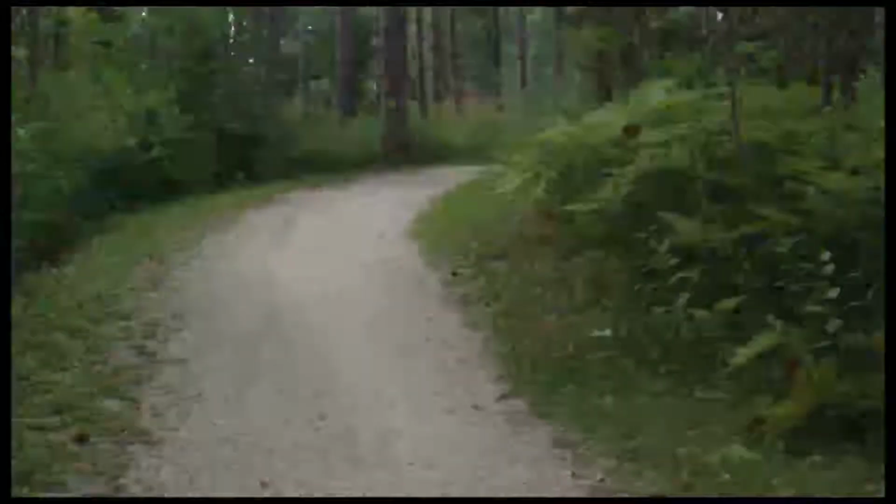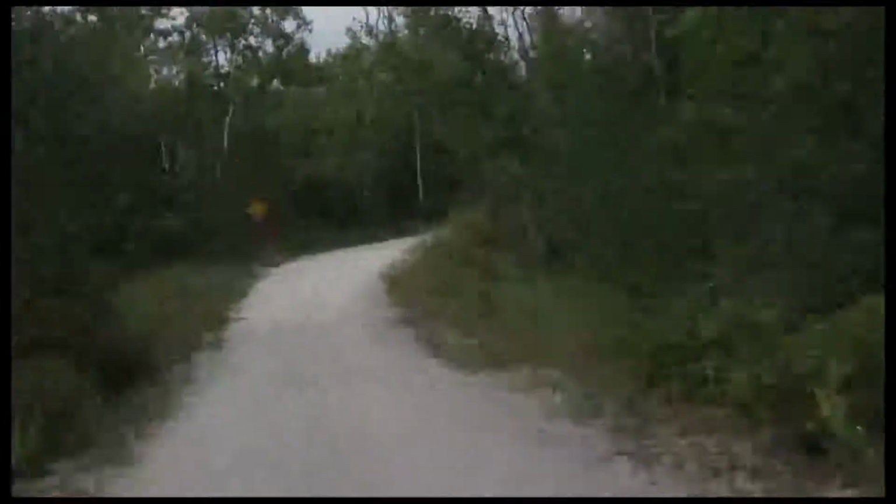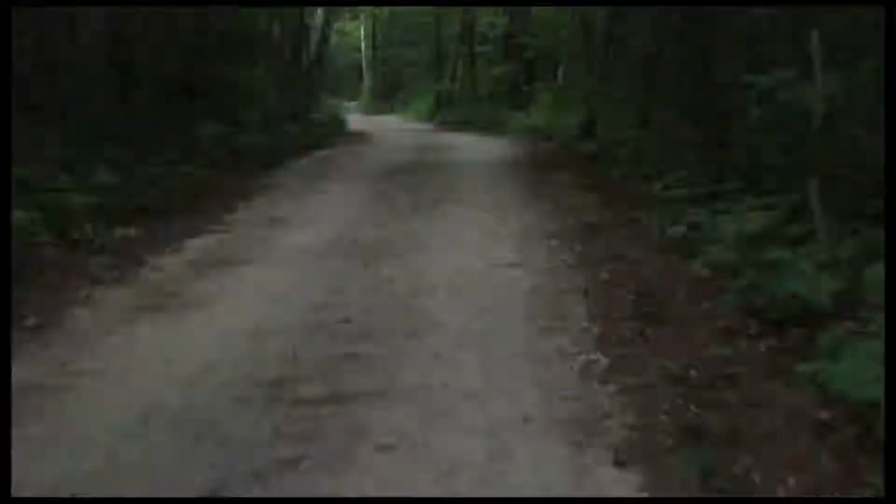There's my favorite bridge. One of the longest ones on the trail, and I think the last until I get to Point Beach. Right now is the sand dunes, which is overgrown by grass and stuff, but it's a nice field area to look at. And coming up is the longest, not the longest, but the steepest hill we have on the trail. So I'm really cruising. Probably went 60 miles an hour. No, not really that quick. But anywho,